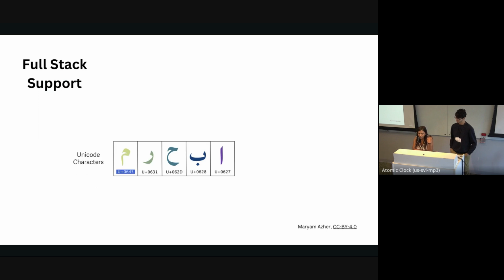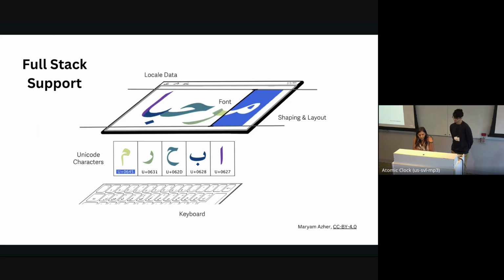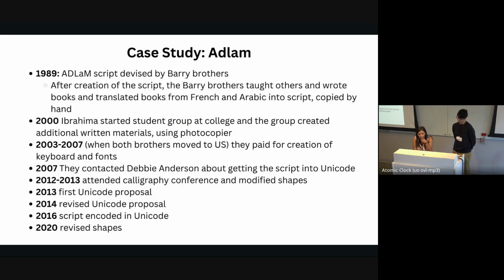So right now, we've just been looking at Unicode inclusion and what we've presented in the last 20 minutes. But what we would really like is to gather information on font and keyboard availability, shaping support, locale data, etc. And this is so we can continue to explore if there are patterns in what types of scripts tend to get supported faster or slower, and also be able to say to a community with some confidence how long it'll take to see their scripts on their devices, which is really what they want, not just Unicode inclusion, but available on their phones or computers. So these are much bigger questions and require all kinds of information from script communities and from technologists.